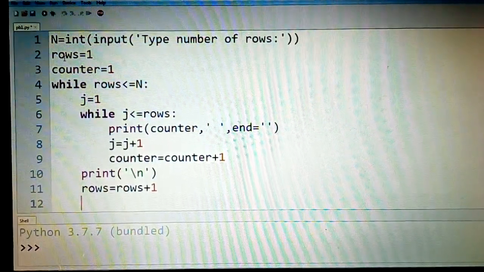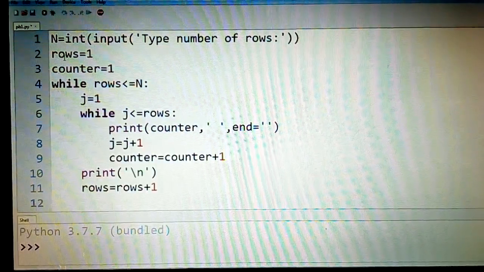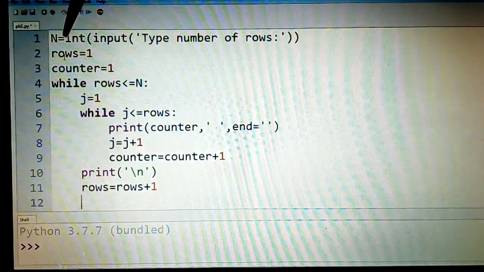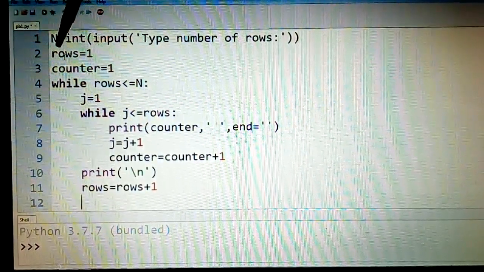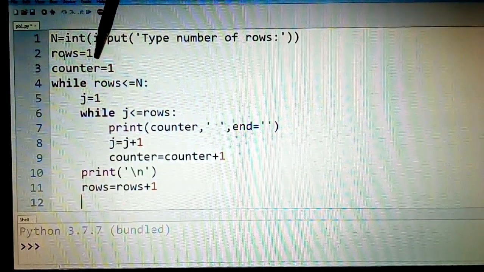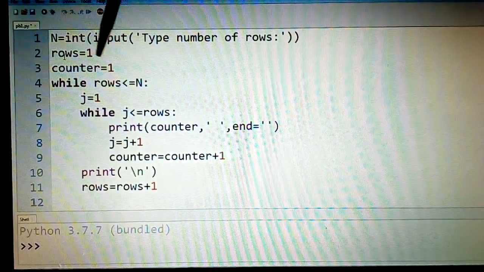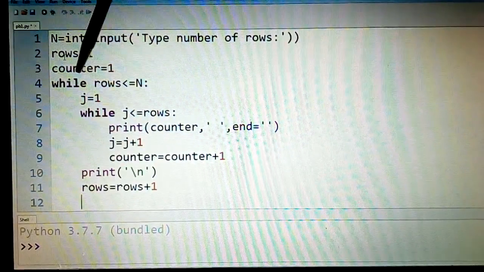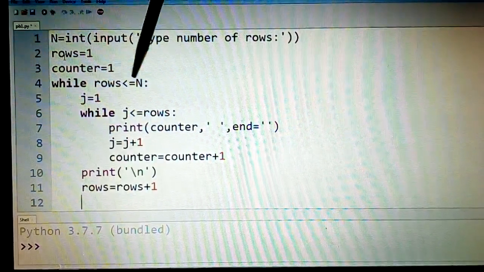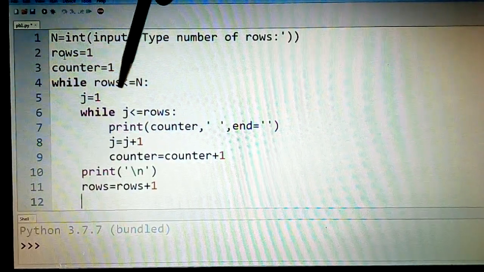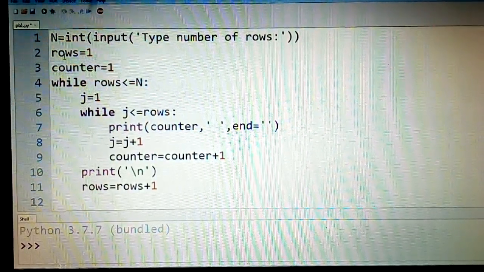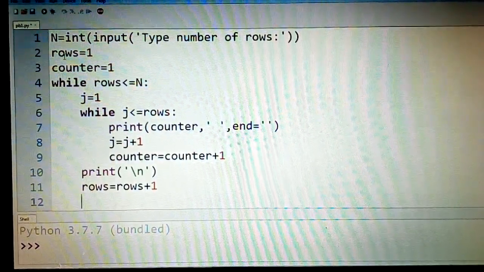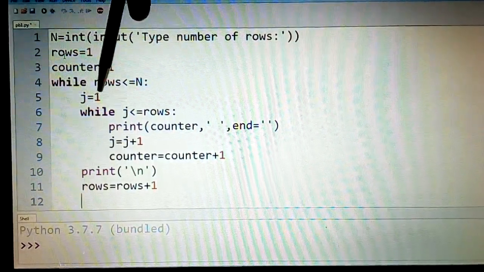What I will do is I'll just go through it again. So we first of all accept the number of rows and convert it to integer so that n is keeping track of the total number of rows. Then we take two variables, one for tracking the rows and another to track the numbers. Both are initialized to 1, and then we establish two loops, one outer loop and then an inner loop. Let us use while rows is less than or equal to n, j equal to 1, so it comes inside, because every time j is 1 and it has to generate that many elements of that row, so we initialize it every time it comes inside.